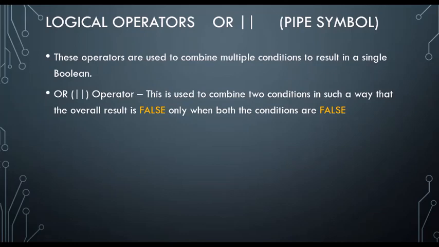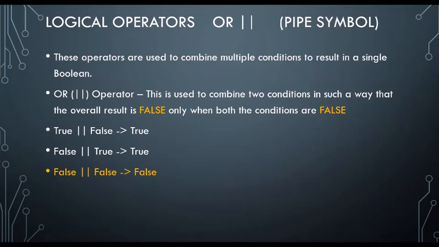But if both the conditions are false, you don't have any money in your pocket and you don't have a credit card, which is normally a situation with you guys, then naturally no movie. So true false gives a result of true, false true gives true, false false is false, and true true is naturally true.